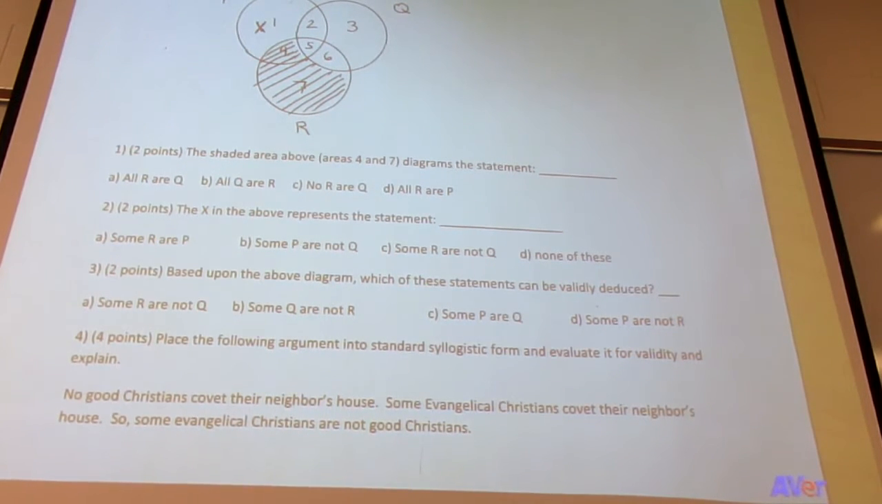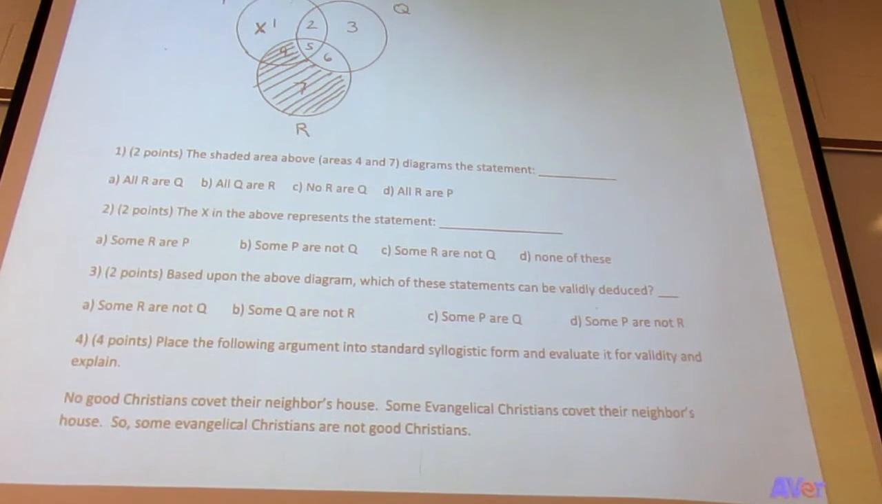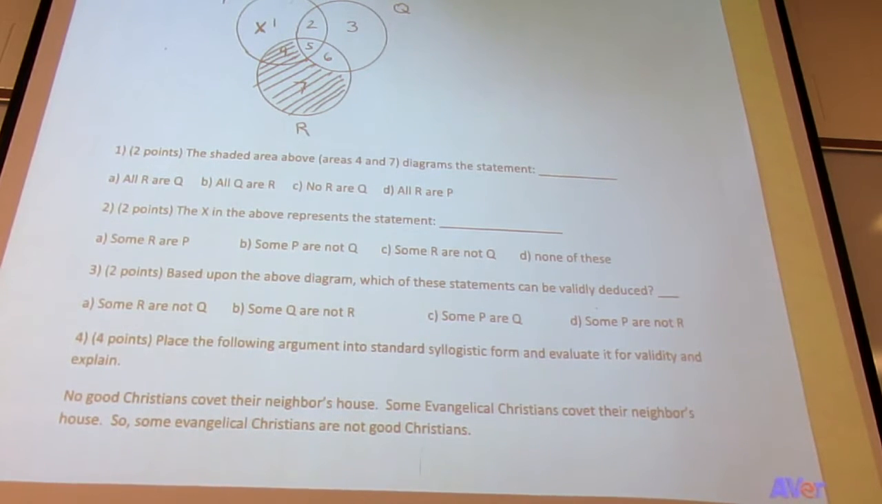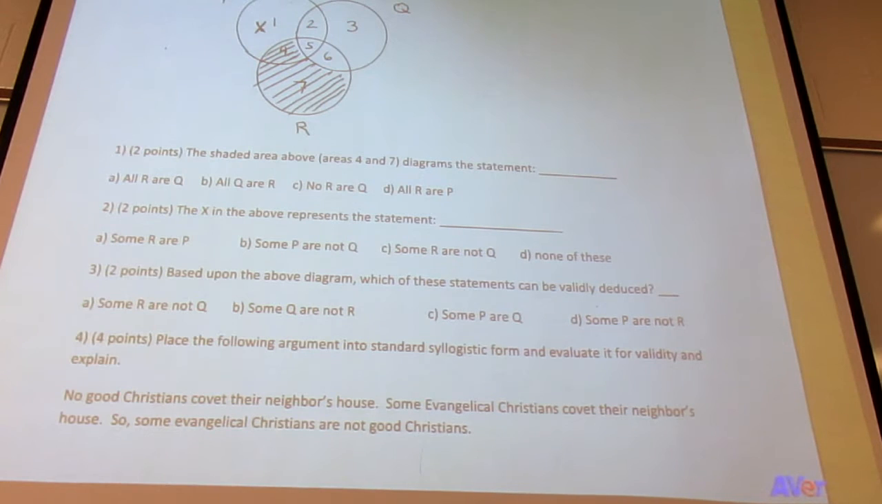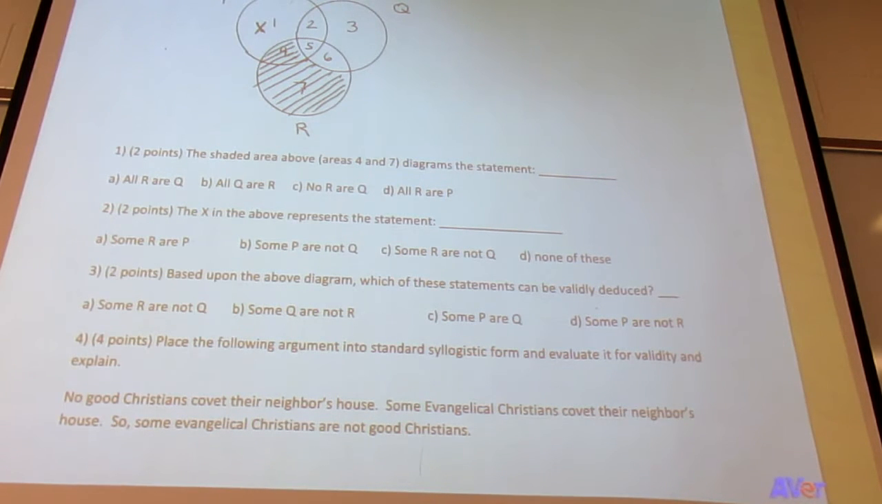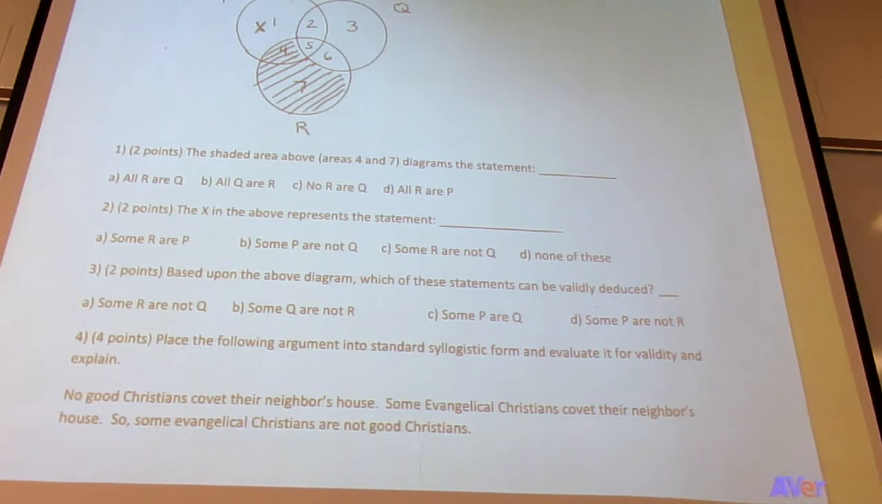If it had been all Q or R, what would have been shaded? 2 and 3. If it had been no R or Q, what would have been shaded? 5 and 6. Excellent. And if it were all R or P, it would have been 7 and 6. So yeah, that was A. The X in the above